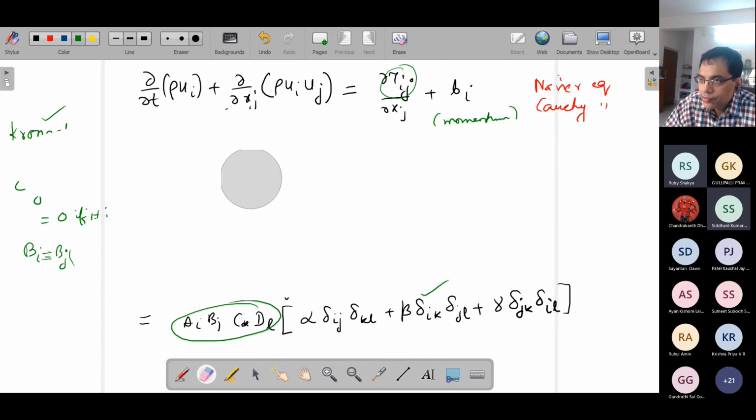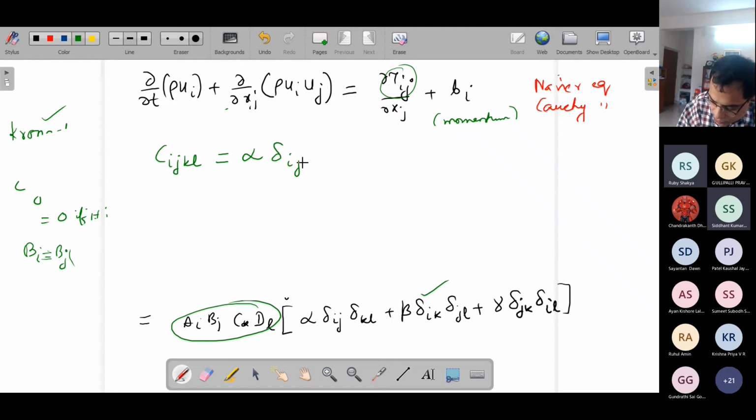Yes, sir. I have a doubt. To define a double scalar, we have introduced Cijkl, a fourth order tensor quantity. So in that equation you wrote, we converted that vector quantity to a scalar quantity by multiplying ai bi ck dl. Not scalar quantity to vector quantity.